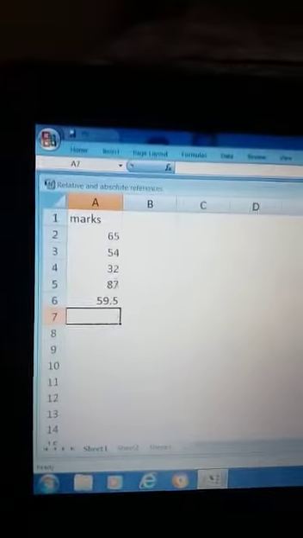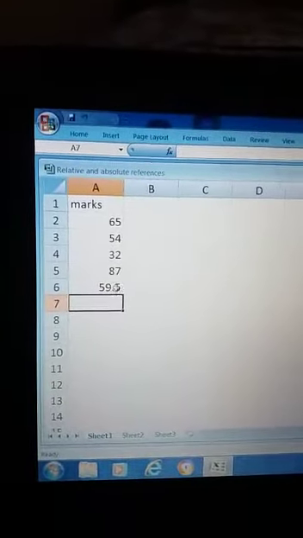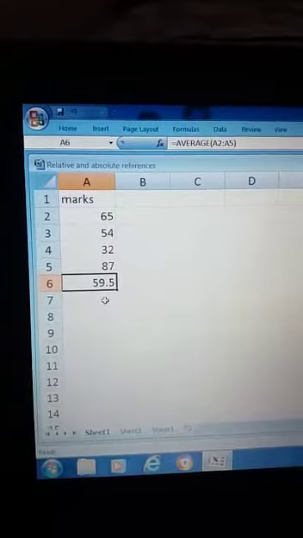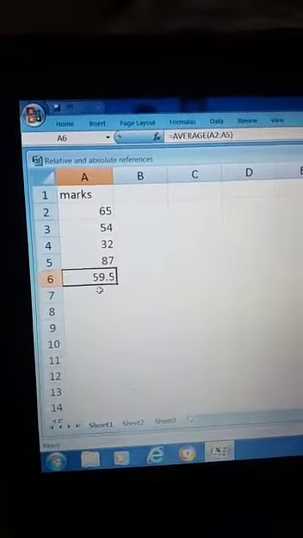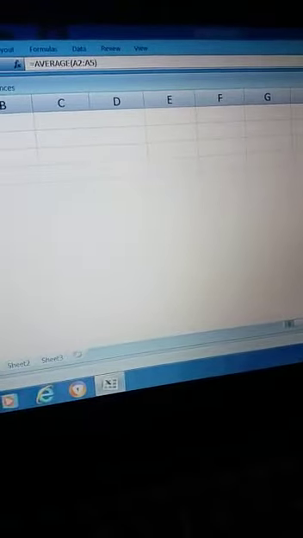Okay, now when you enter this, here comes 59.5 as your average. Understand? Average marks are 59.5.